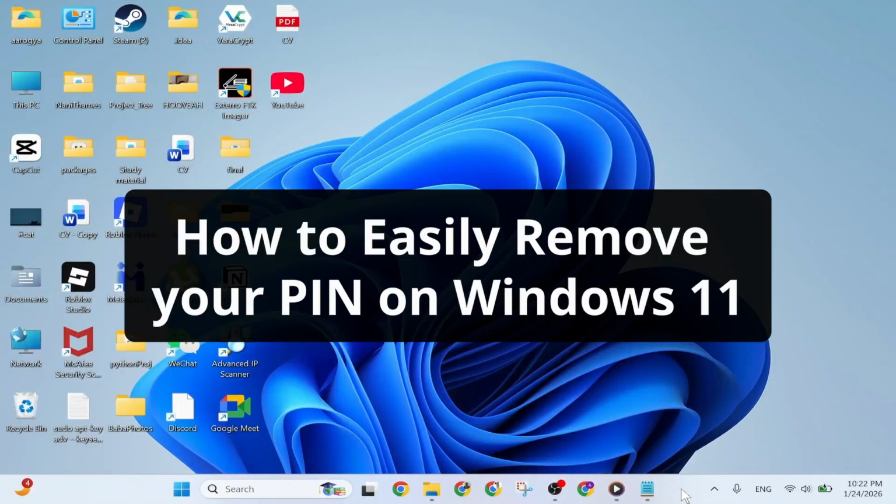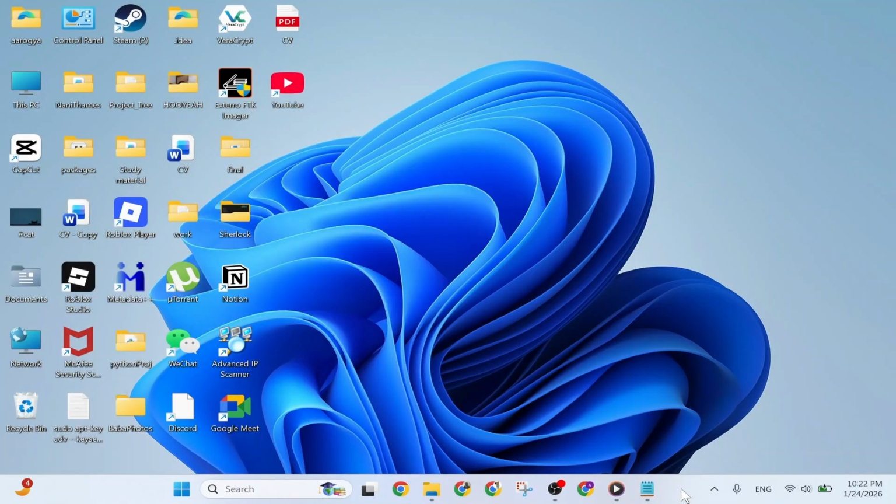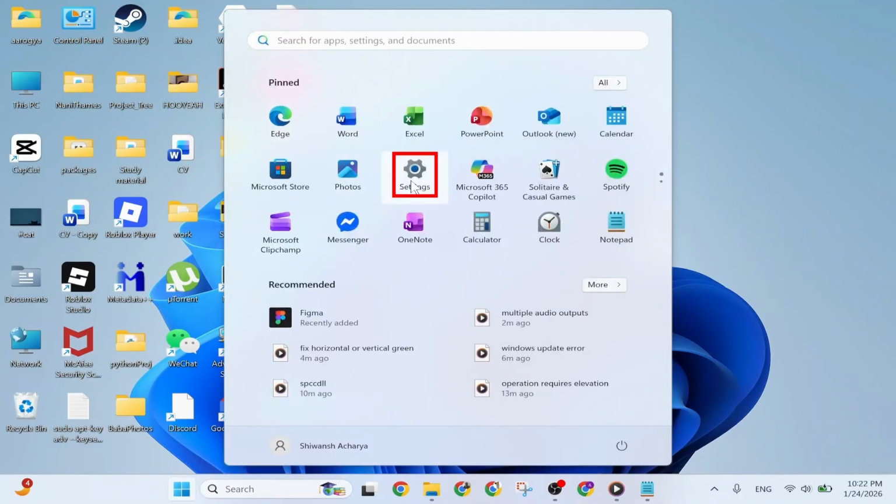Hey everyone, so today I'm showing you how to easily remove your PIN on Windows 11. If you're tired of entering a PIN every time you start your PC, here's how to disable it. Let's get started. All right, first thing, press the Windows key and click the settings icon, or just search for